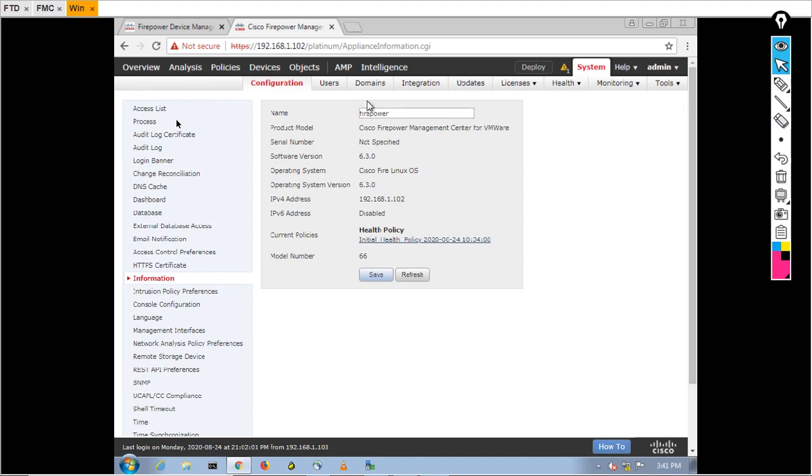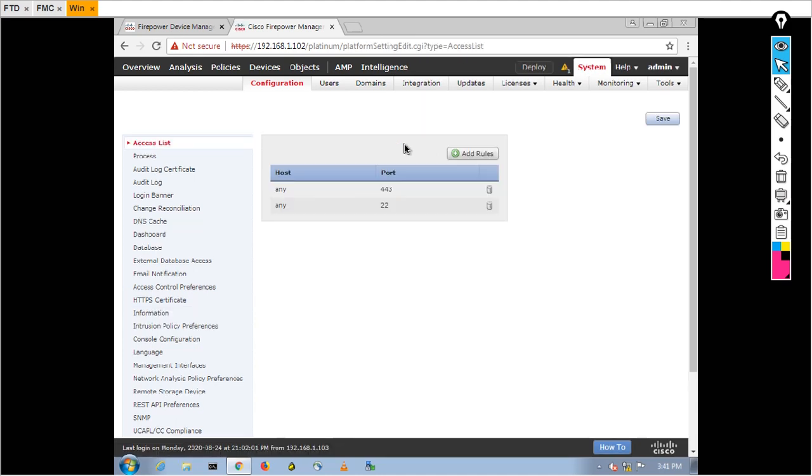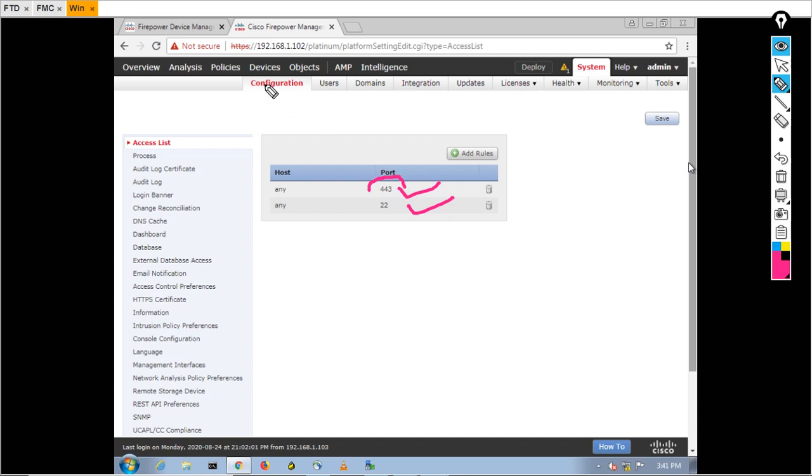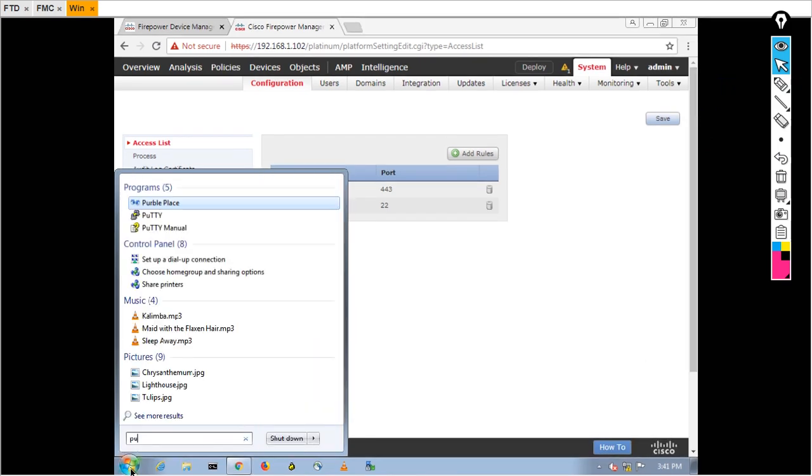So come to this access list. It's just an overview. In this access list, you can see two ports, 443 and 22, are allowed for this FMC. 443 means we are using HTTPS, and 22 means we can also take SSH access of this device. Let's verify. Come to PuTTY.